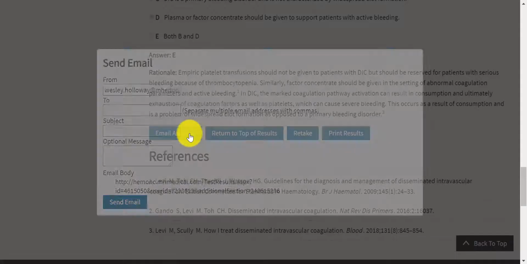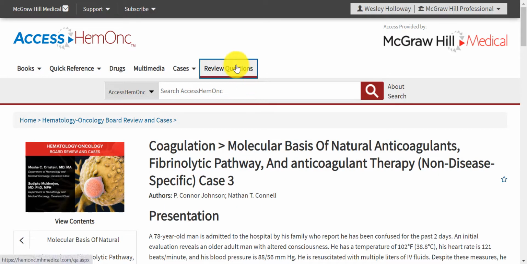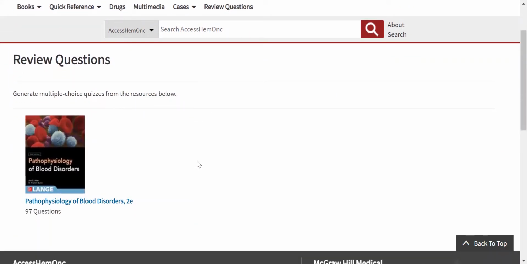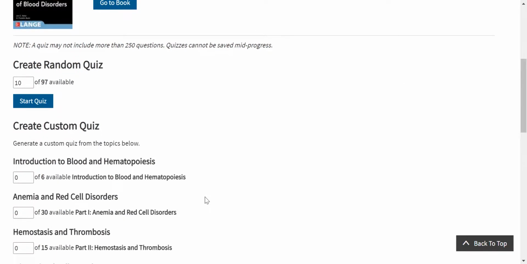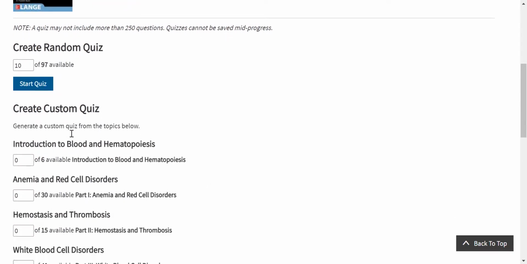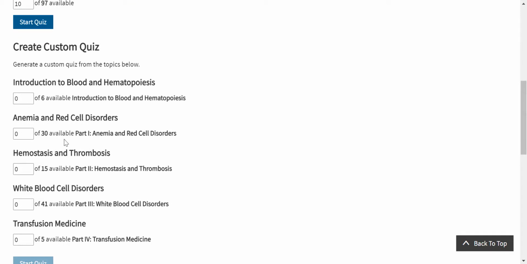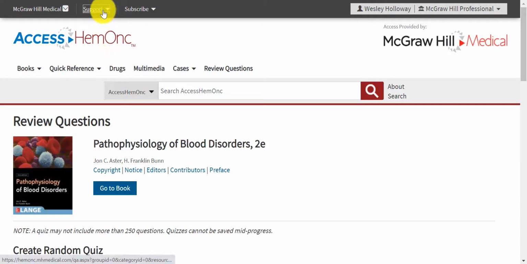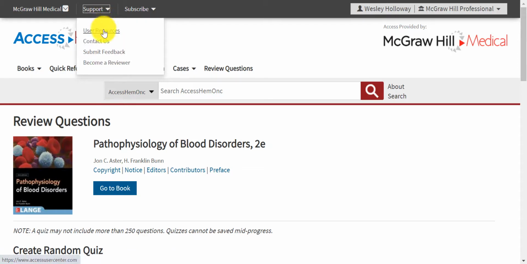using the email functionality. And finally, under the Review Questions tab, users have the option to generate multiple choice quizzes from the Pathophysiology of Blood Disorders textbook. This resource provides users the options to create a random quiz of 97 questions available or a custom quiz in these different areas. Finally, under the Support drop-down tab along the top, users may select User Resources to jump to